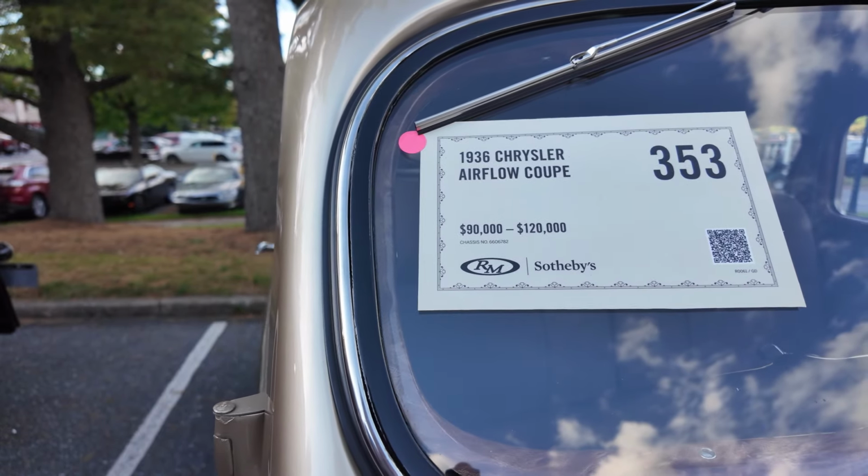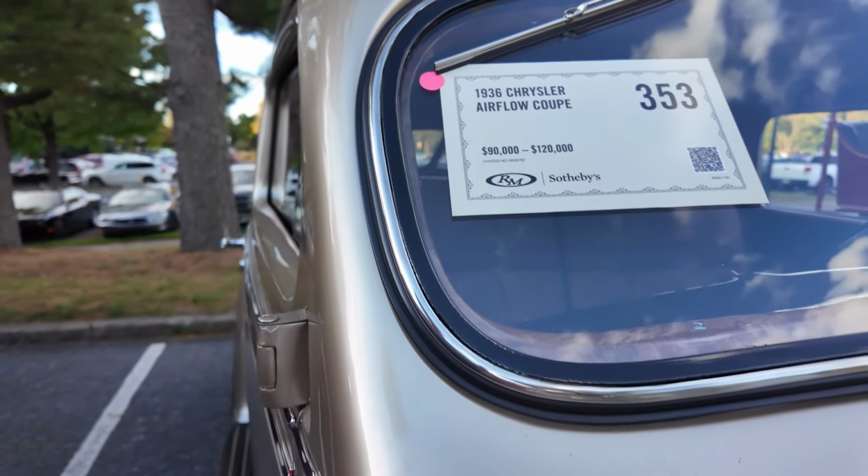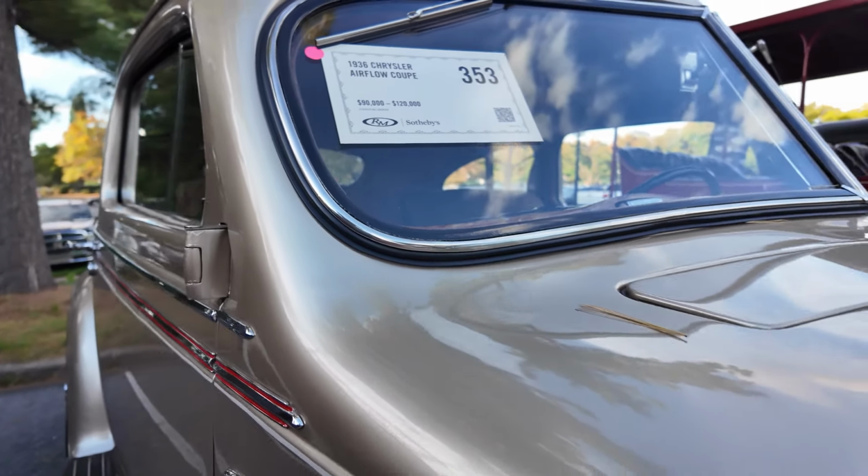See this car like you've never saw it before. This part of the video doesn't usually have commentary or sound, but I'm going to put some ragtime music to